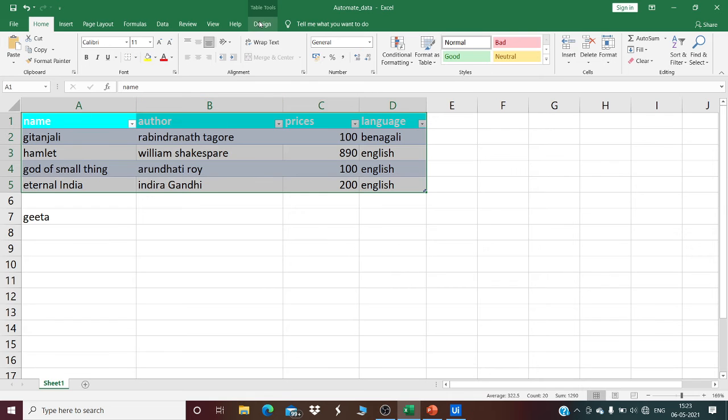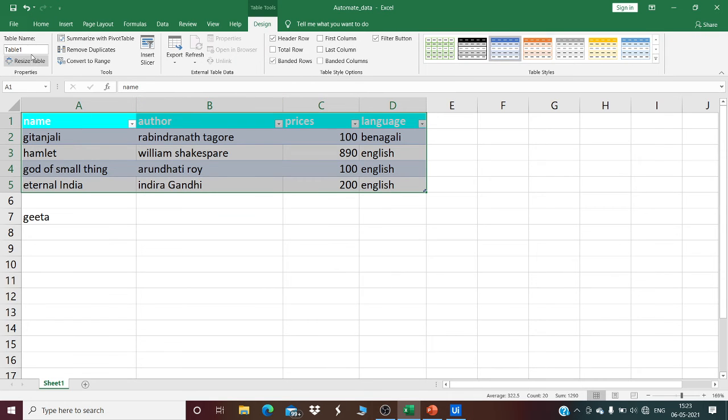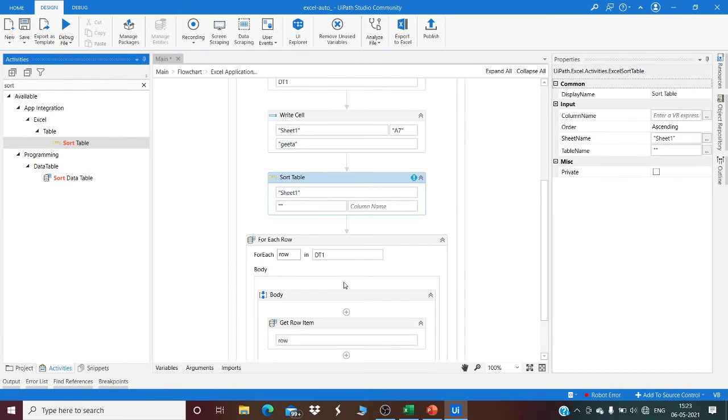So on the design, this is the default table name. Write table name over here, Table1, and enter it. Write column name, which is Name. Don't forget to place anything in double quotation and enter it.